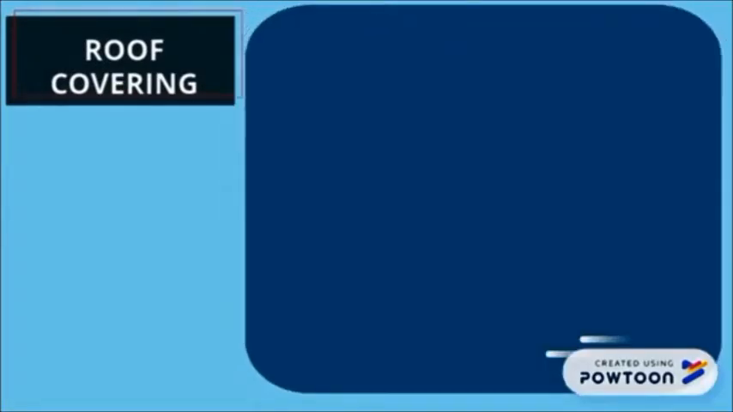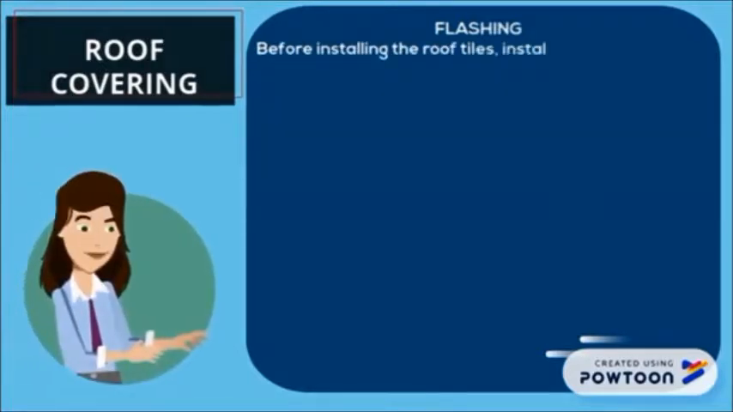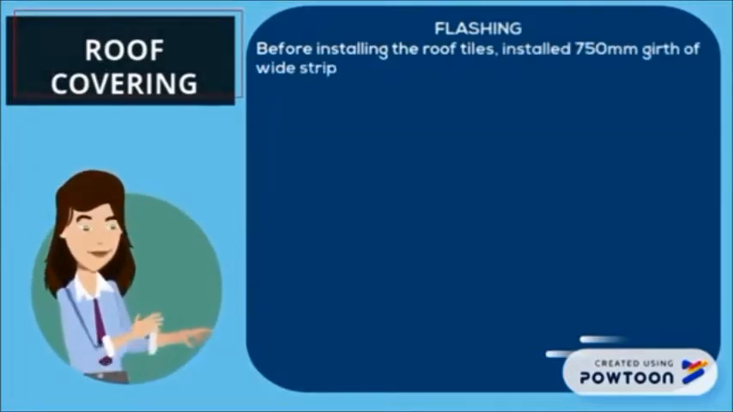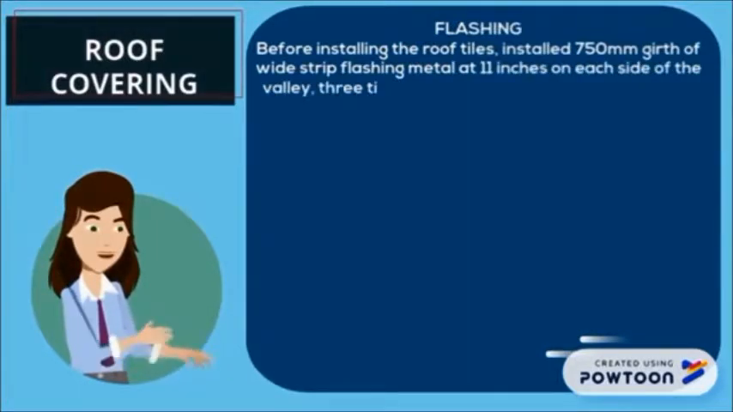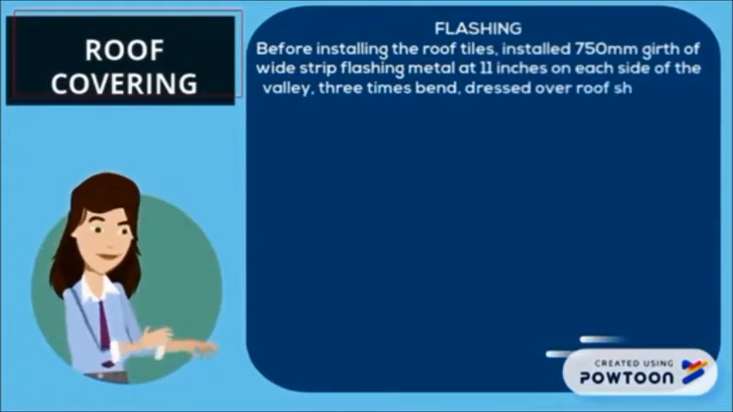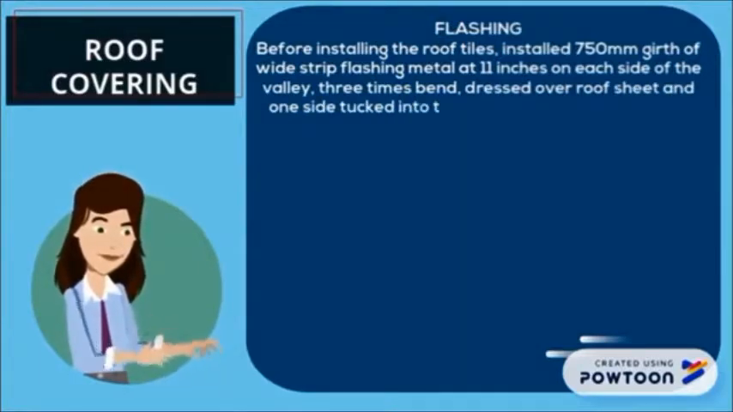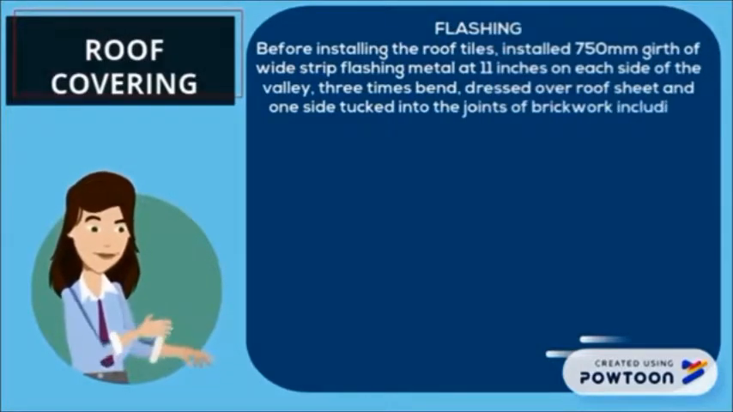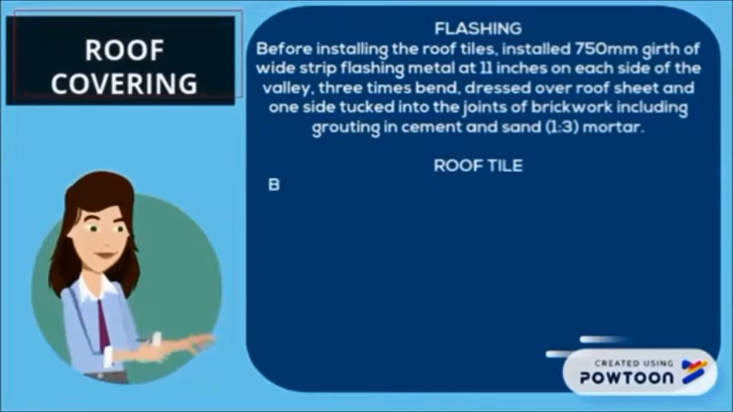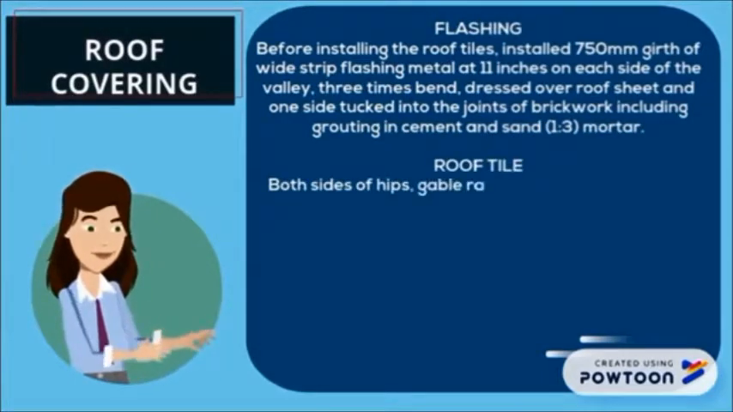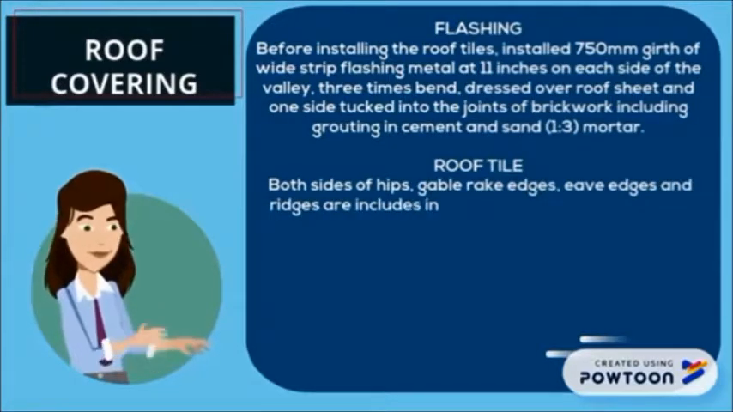Next is flashing. Before installing the roof tiles, install 750 mm girth wide strip flashing metal at 11 inches of each side of the valley, with 3 bands dressed over the roof sheet and one side tucked into the joints of brickwork, including grouting in cement and sand mortar. For the roof tile, both sides of hips, gable, rake edges, eaves edges and ridge are included